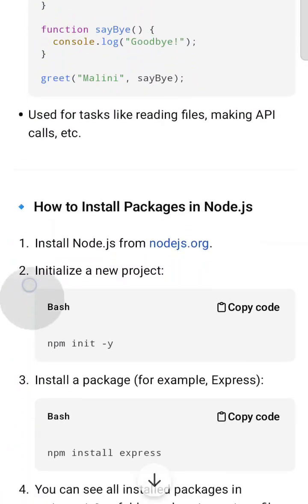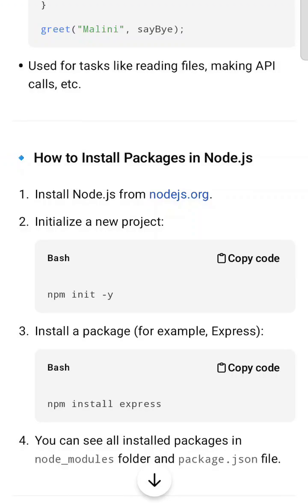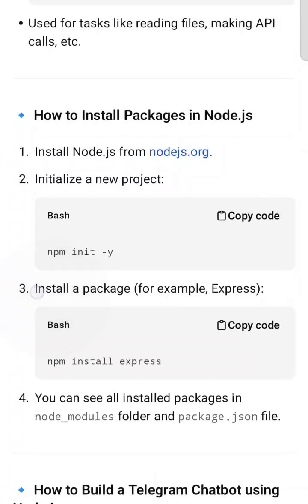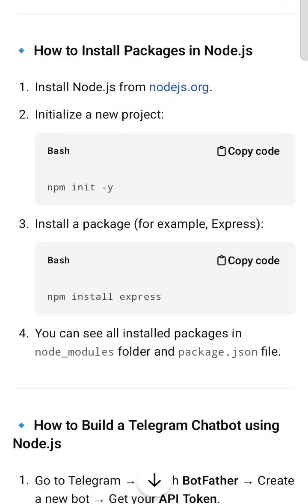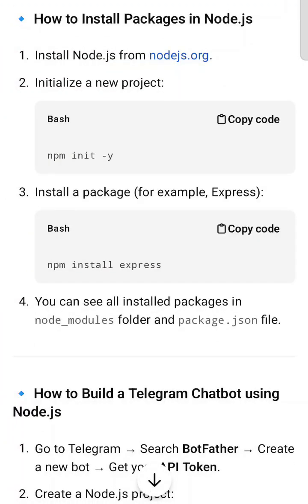Now let me tell you how to install packages in Node.js. So to install packages, first install Node.js from nodejs.org, and then in the terminal run this command called npm init -y, and then install the package whatever you want. For example, if I want to install the express package, then in the terminal use this command called npm install express. So you can see all installed packages in the node_modules folder and